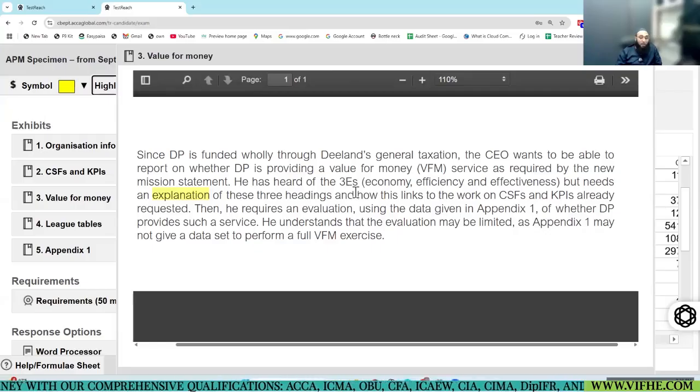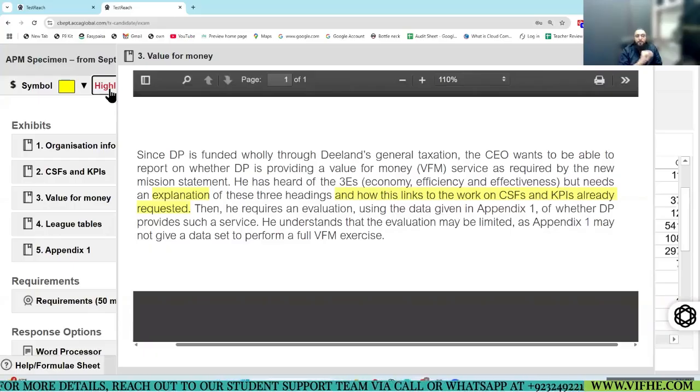Oh, wow, this is very interesting. Explanation of the three headings, 3 marks. Economy 1, efficiency 1, effectiveness 1. Easy numbers. And how this links to the work on CSF and KPI already requested. This was one of the requirements that many left in the paper.